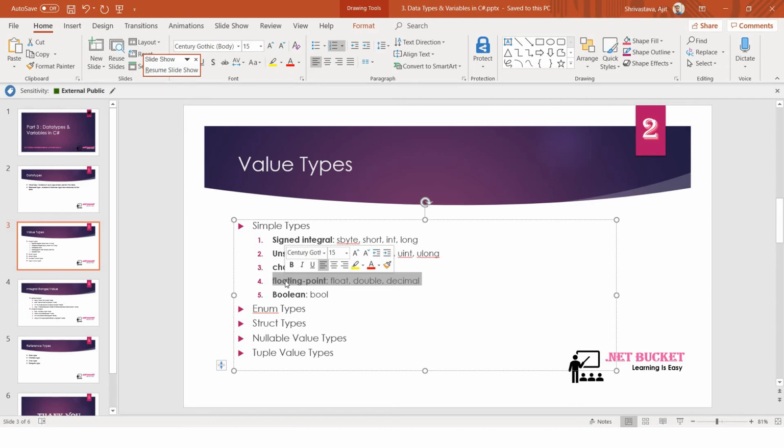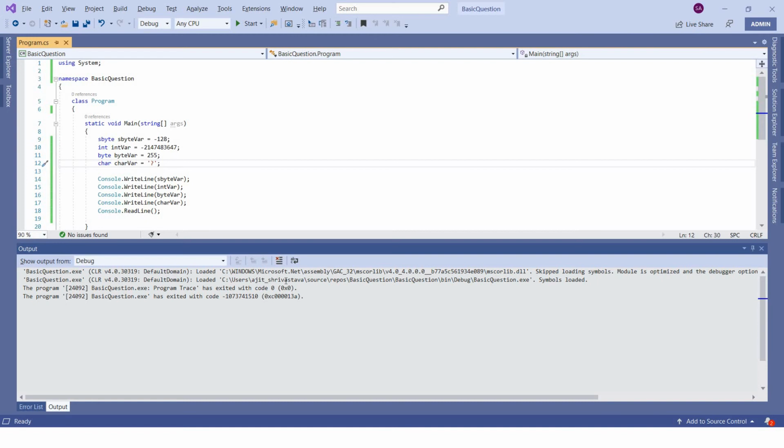Before that, what is floating point? Integral means it's a whole number: 1, 2, 3, 100, lakh, 10,000. These are whole numbers. A floating point number is a number which has a dot within it. As and when it has a dot, it comes under the category of floating point number, like 1.2, 1.3, 5.6, 10.10, 10.11, whatever it is. So if it has a dot, that means it's a floating point number, correct.